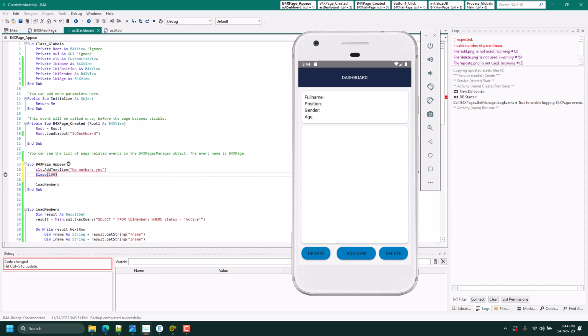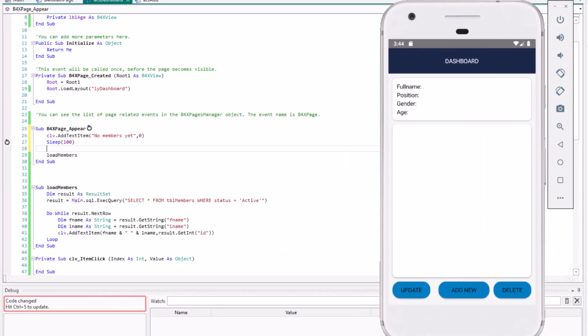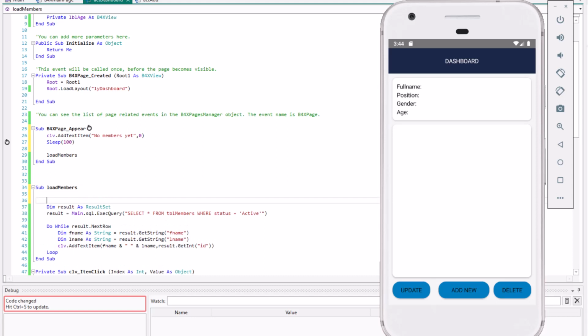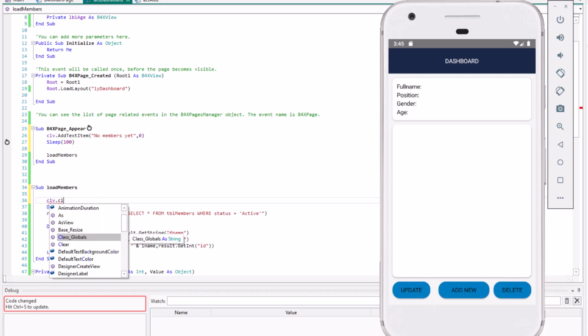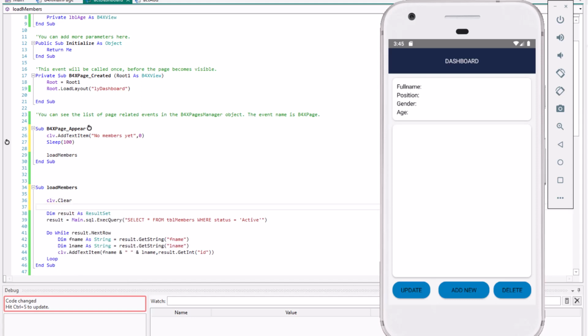And load members. So in the load members, let's add CLV.Clear.